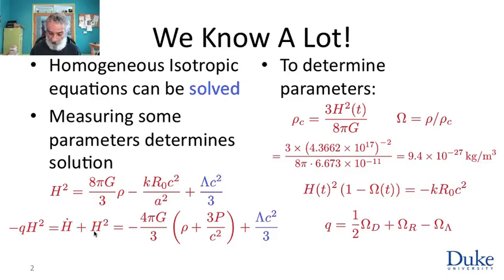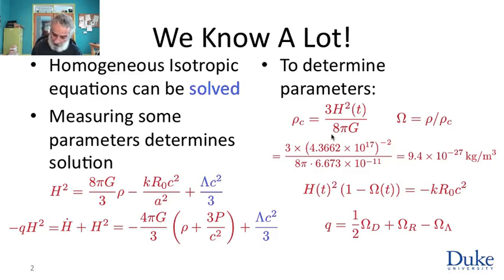Friedmann's energy equation becomes simply H(t) squared times everything on the right-hand side after you factor out this critical piece, which becomes 1 minus omega is equal to negative k times r0 c squared. And the acceleration equation becomes, again, factoring out H squared, q is just a half of the density of dust,